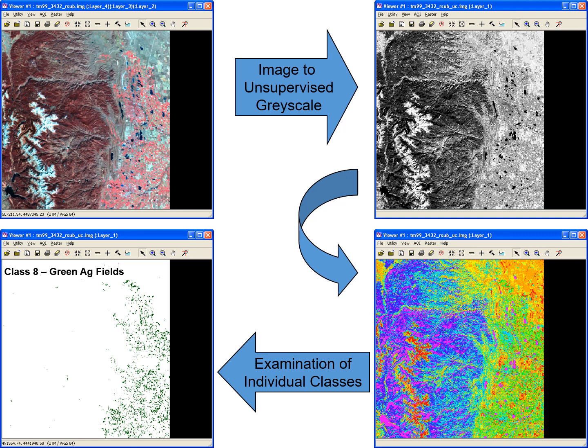The way that identifying each class, what that workflow looks like, you start with, in the upper left-hand corner, your original image. You set up your unsupervised classification and tell it the number of classes you want and what the stopping rules should be. And then you get basically just a black and white image in general, where each level of gray is just the average brightness of a particular class, but the data in the image itself is class